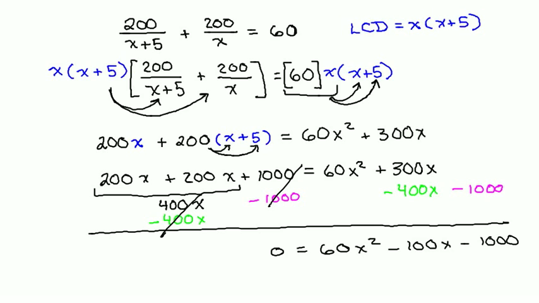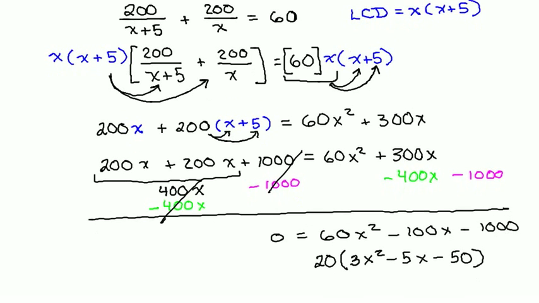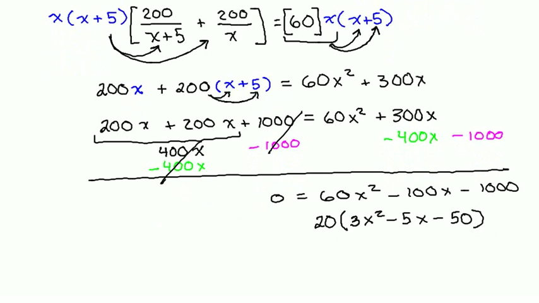and I'm going to look for a common factor to take out of the whole equation before looking for the full factorization. It looks like 20 is the greatest common factor of this polynomial, and the resulting polynomial can be factored. This is 20 times 3x plus 10